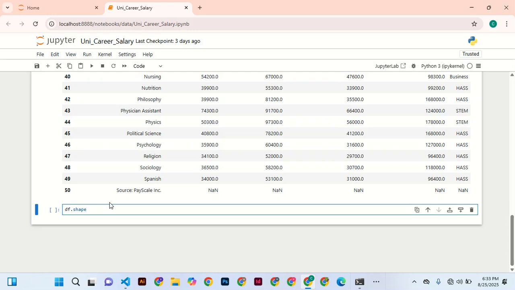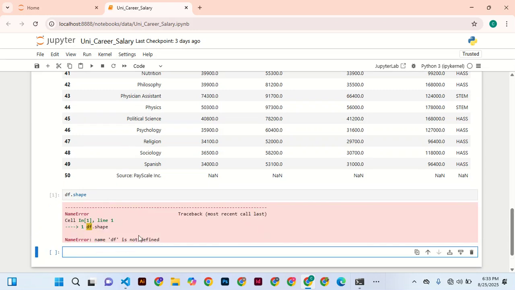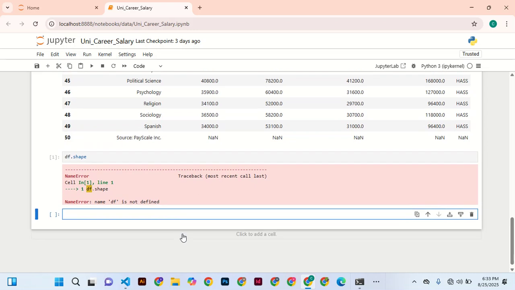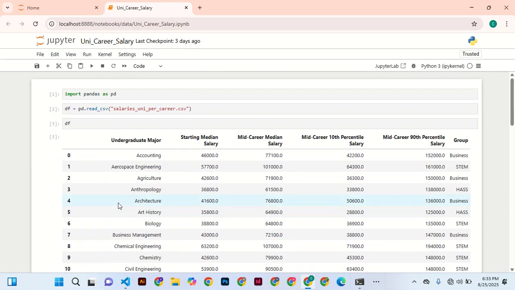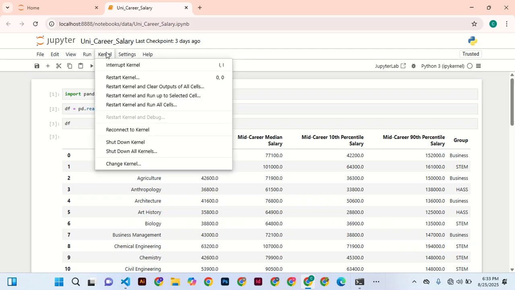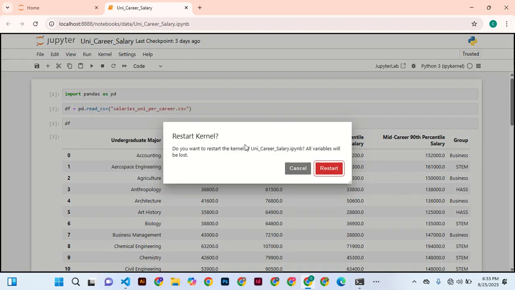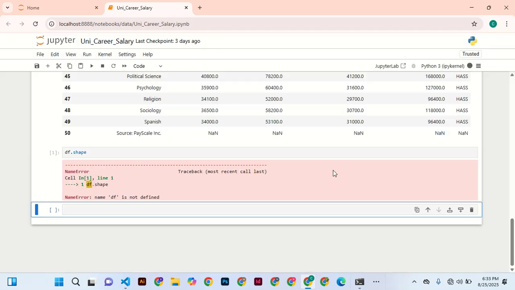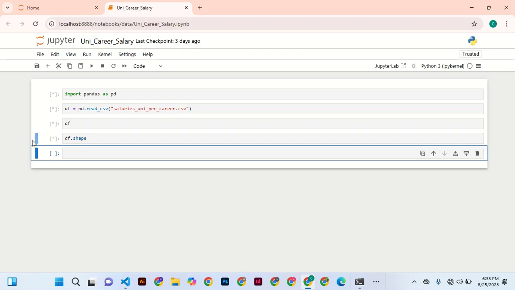So Control Enter. Yeah. And you see there is this df not defined, and when you get such an error, it means that df is not captured. So to capture df, we just come here to kernel and choose restart kernel and run all cells, and then you restart, and then you wait a bit,